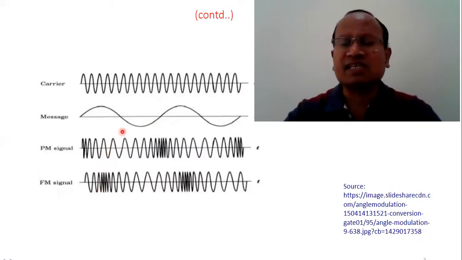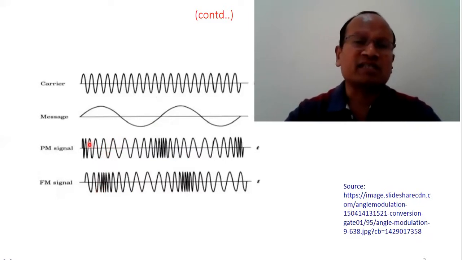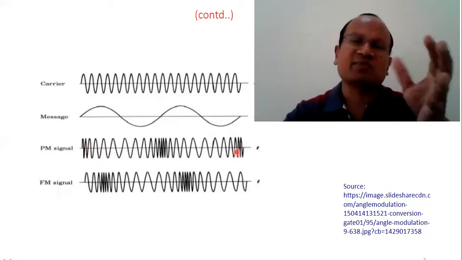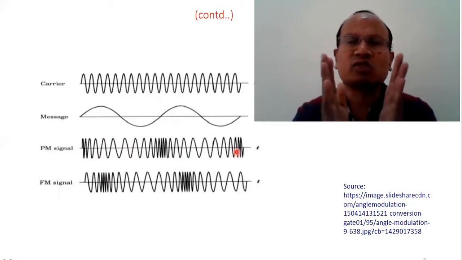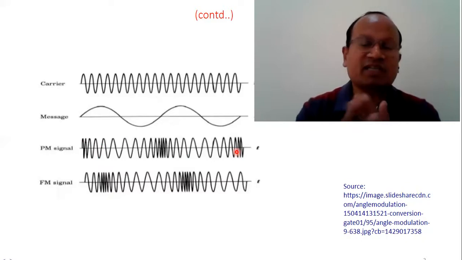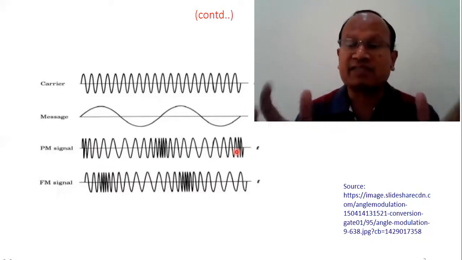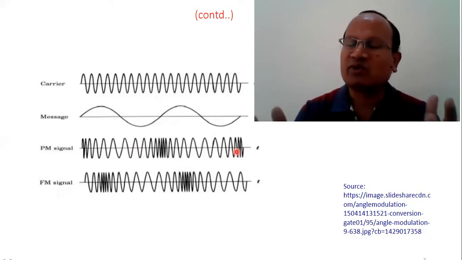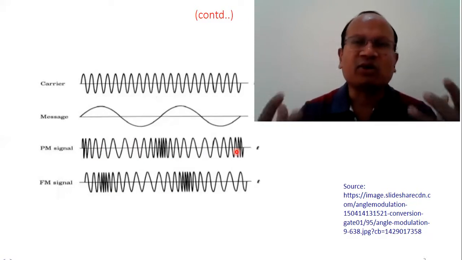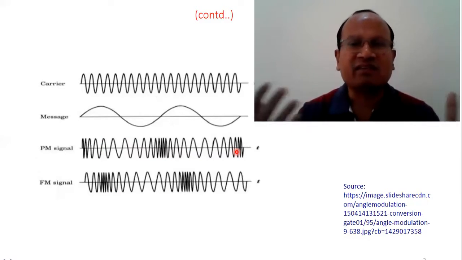So how does it change? It is changing, but you can see here the phase is also changing. Look at here. The phase is also changing. Here it is starting, then from somewhere else it is starting. So there has been a change in phase as well. There is of course frequency change, but the phase is also changing. So it's very difficult sometimes to differentiate whether the phase or frequency is changing, because we know that there is a strong correlation between phase and frequency.